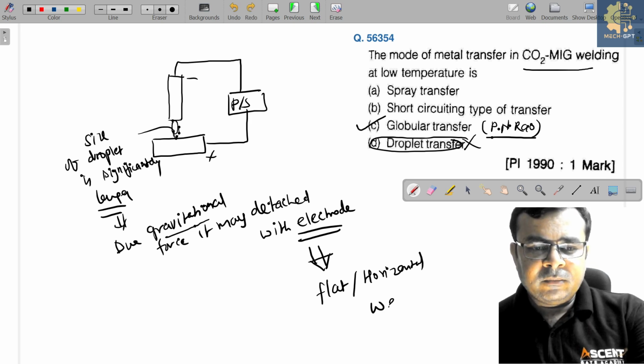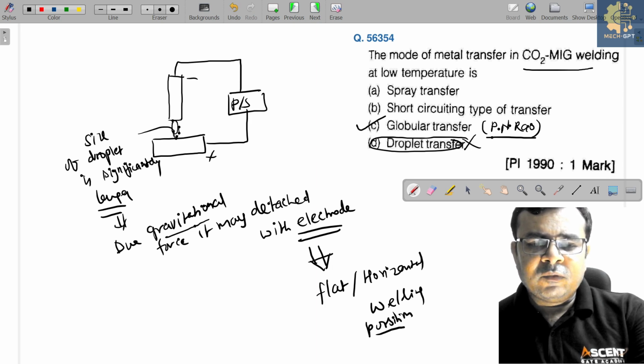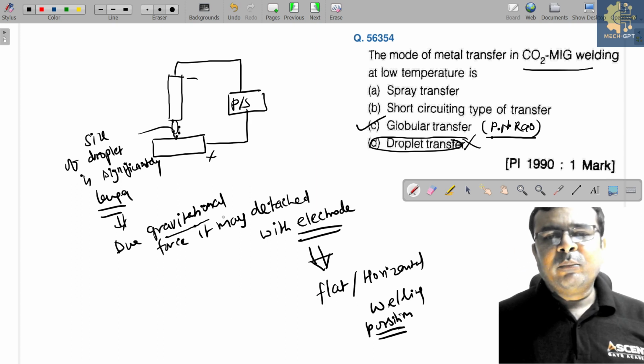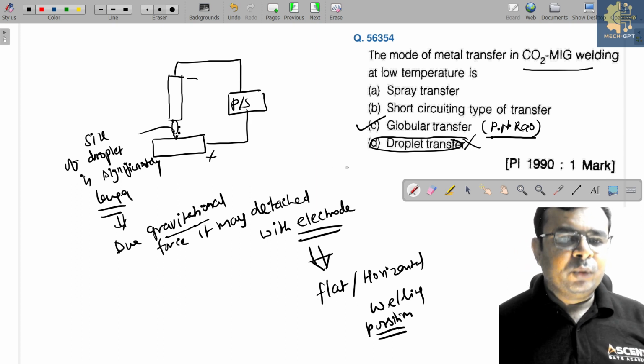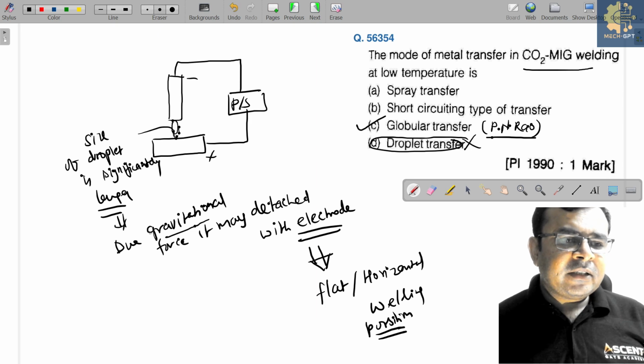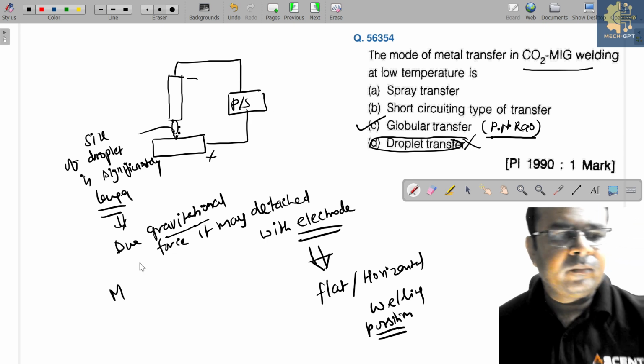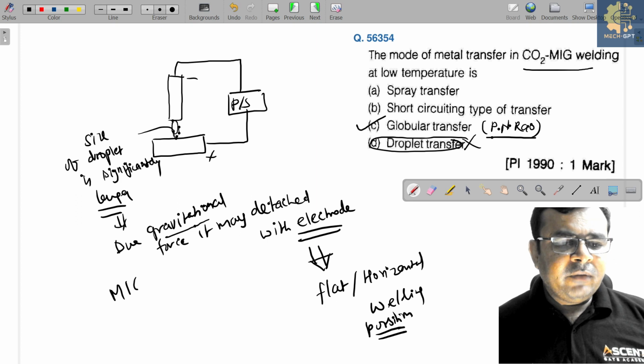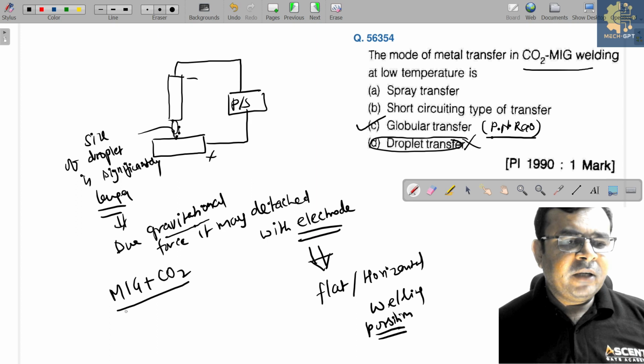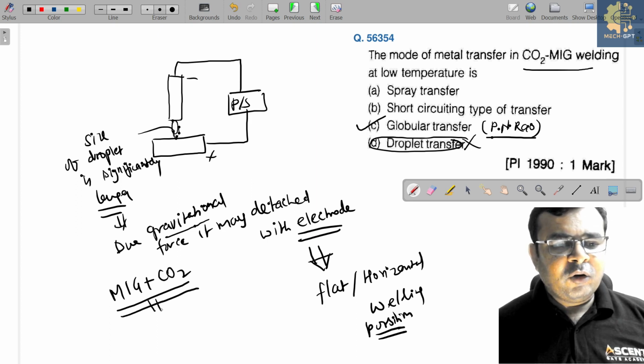Horizontal welding position means simply you can say out of the position, this mode of metal transfer is not used. And remember, this type of metal transfer only occurs in MIG welding, when we use MIG welding with CO2 gas, then globular transfer